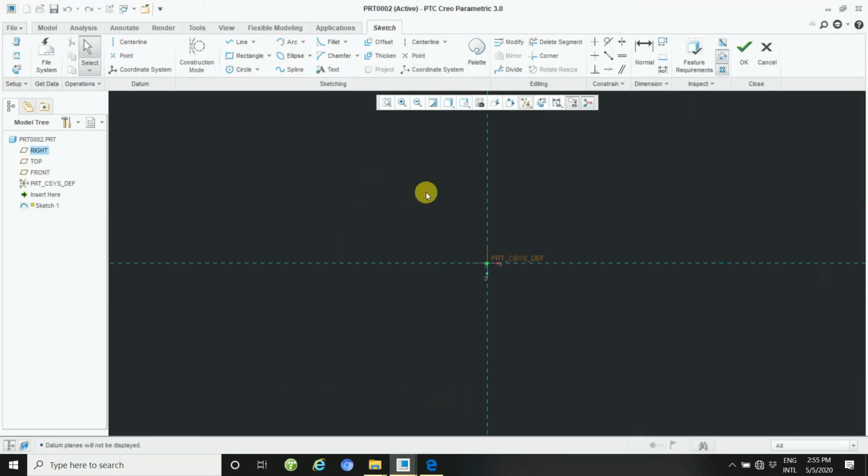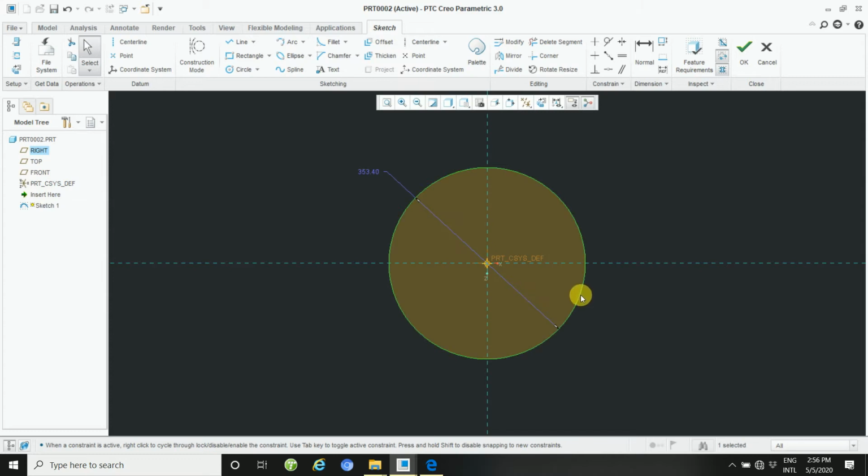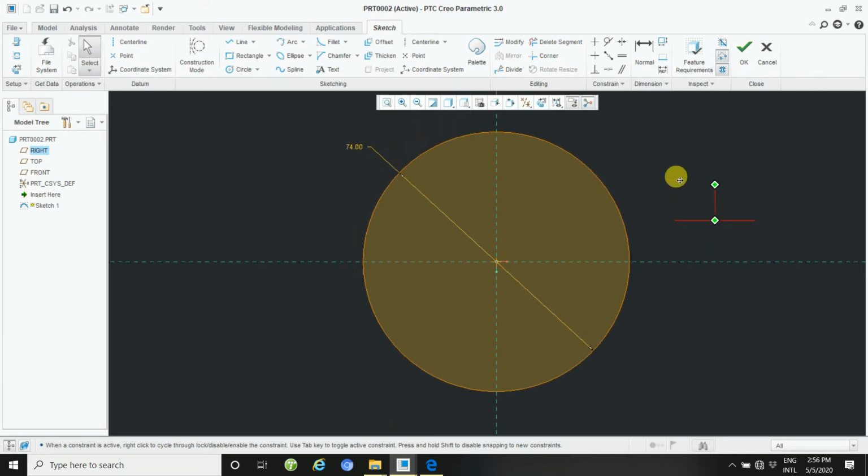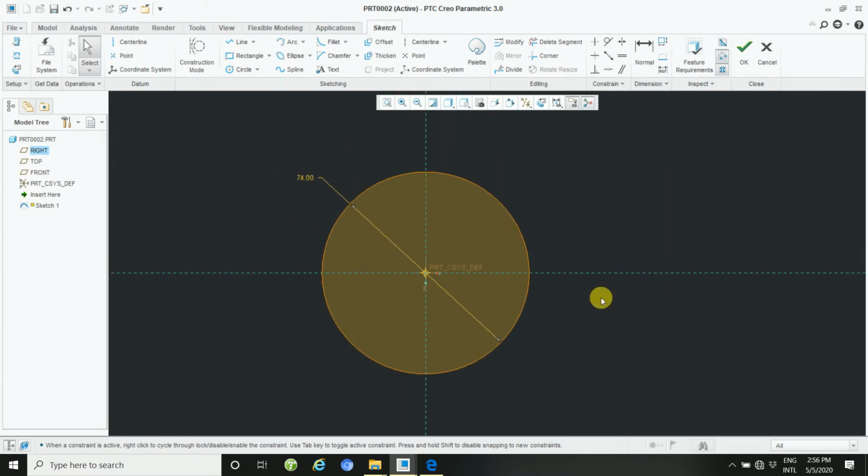First draw the outer circle. Take a circle here and draw. Outer radius is 32. Then press control and shift.